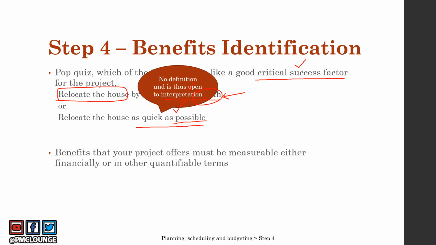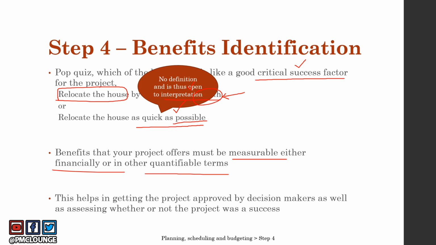So benefits that your project offers must be measurable, either financially or in other quantifiable terms. This is very important, right? Why is this important? Because first of all, when you go to your decision makers to get your project approved, they will also ask for the benefits. What are the benefits to approve a project? Why should we invest in this project, right? So they need to do their assessment, and for that you need to understand and know what the benefits are